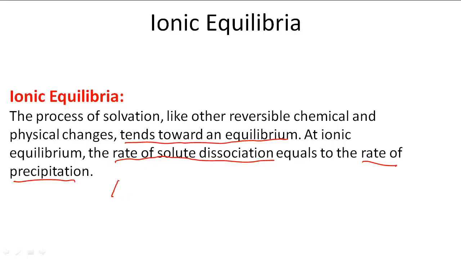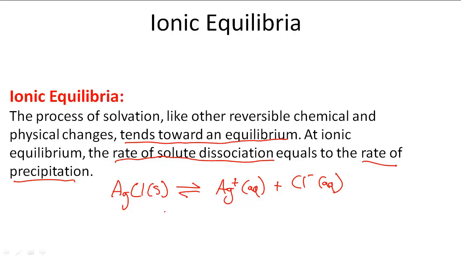So we can think of AgCl, for example, solid AgCl in an equilibrium with its ions, Ag+ (aq) plus Cl- (aq). So this is going to be the dissociation if we write it out in an expression and into an equation. So now to figure out KSP, which is the solubility product,